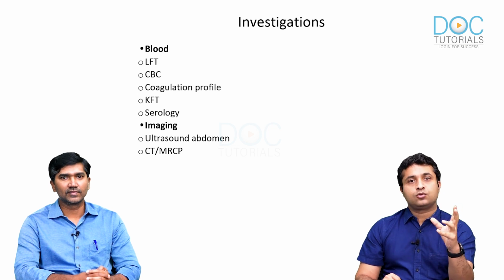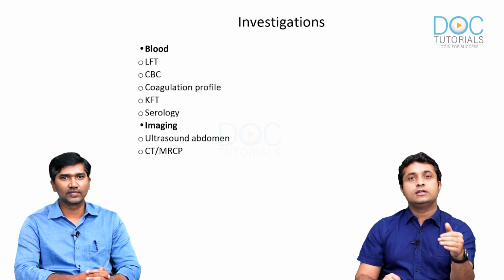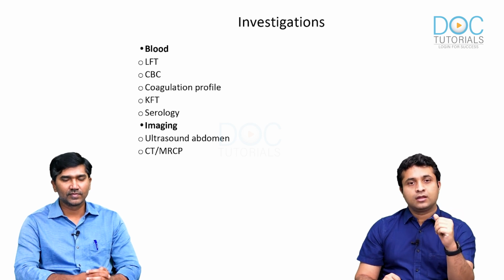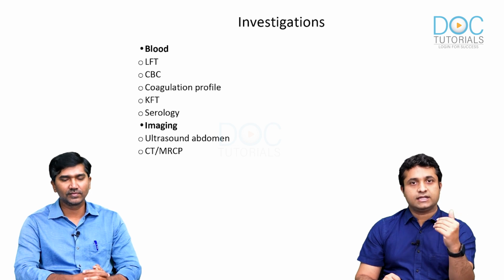Next, of course, we have to do a renal function test, to see whether any associated disease is there or not. It also helps to further negotiate with investigations like CT of the abdomen. And of course, serology, that is hepatitis A, hepatitis B, hepatitis C, hepatitis E, to rule out the medical etiologies of the jaundice, should be considered.